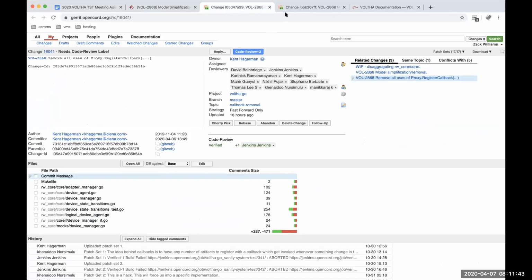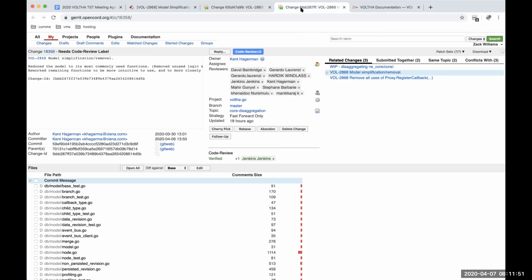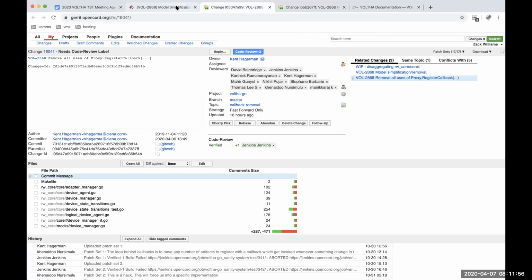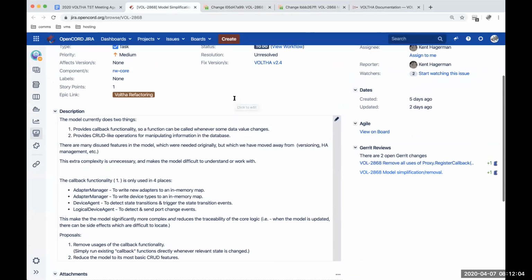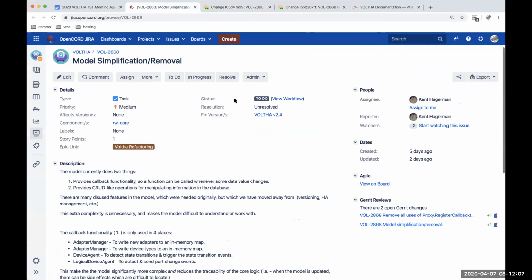Once that was done, all that was left was very simple calls through the database. So I was able to strip out 95% of the model code and reduce it to 3 files. So I kind of wanted to get community buy-in for this because it's a pretty major change and it removes some functionality. And you suggested that I bring it up here. So questions, comments, and we can discuss from there.